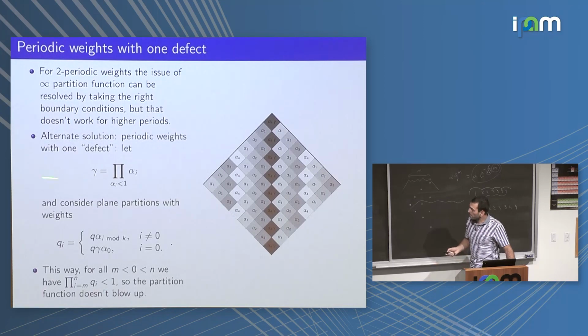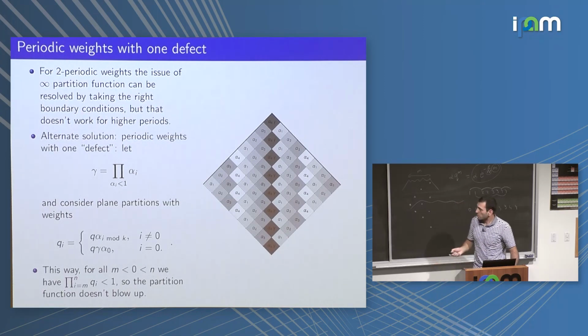And so, well, what was causing the problem? The problem was coming because we were ending up having this weight over here for configurations which are at the corner, which was bigger than 1, and that was blowing up the partition function. But if you're interested in studying what's happening at the turning points, which are far away from this middle slice, they shouldn't really care what happens at this middle slice. So one way you can make sure that your partition function is finite, which shouldn't have an effect at the turning points, is just have this middle slice have some extra damping weight,